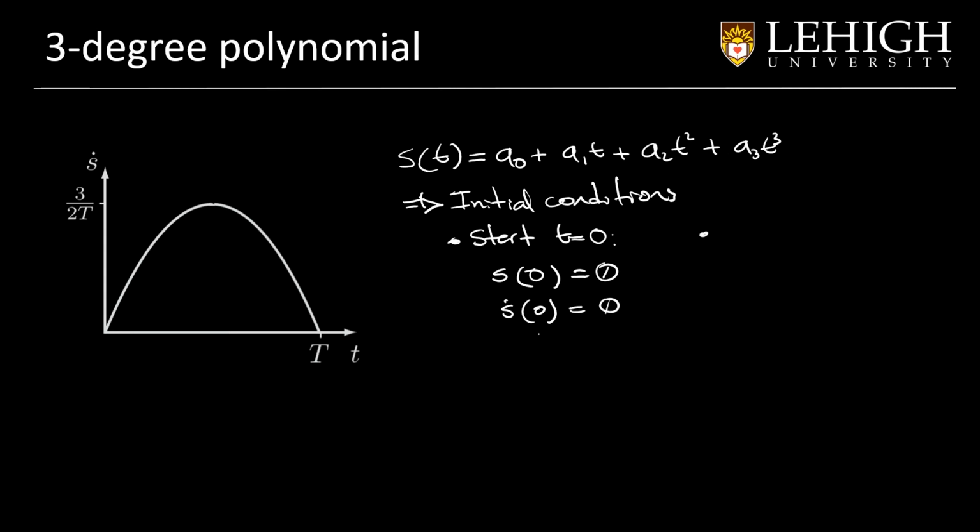The other condition is at the end, when t equals big T, that is the duration of the trajectory, and the final position of the trajectory is equal to 1 and the velocity is equal to 0. We want the robot to stop when it ends the